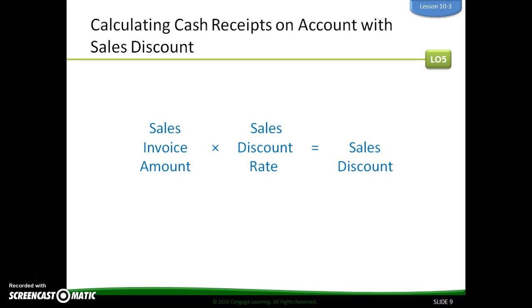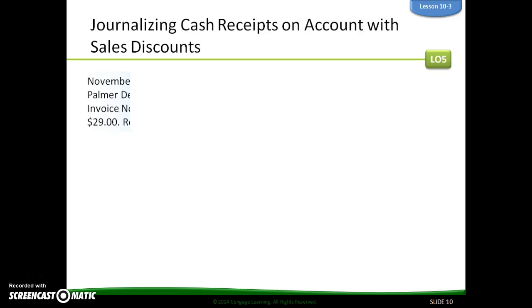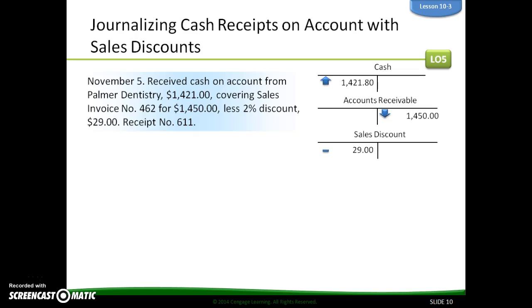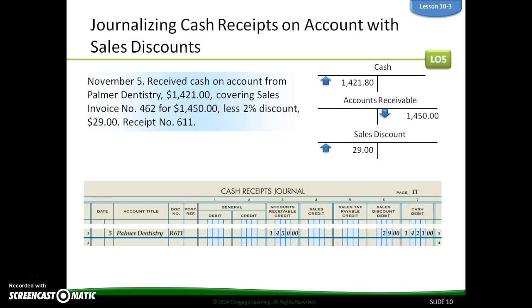Now, businesses frequently offer discounts to good customers, customers that have accounts with us, and we do it to encourage people to pay more promptly. And so if we offer them a 2% discount on a $1,450 invoice, the amount of the discount is $29, and it promotes them paying us promptly. So if we're going to journalize this cash that was on account that includes a sales discount, we have to remember that we have an additional item to add, which is that debit to